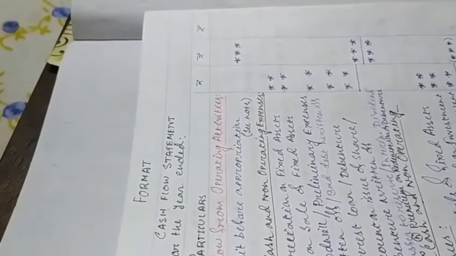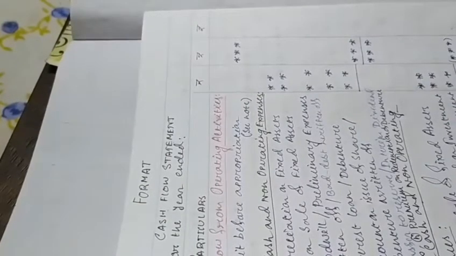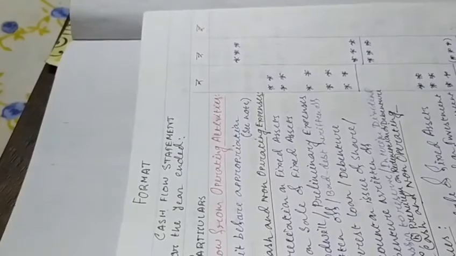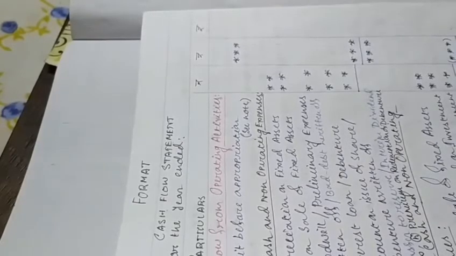So this is our format of cash flow statement. A cash flow statement is a statement of transactions made in cash. There are three activities. First one is operating activities. Operating activities means, you know, that operating activities